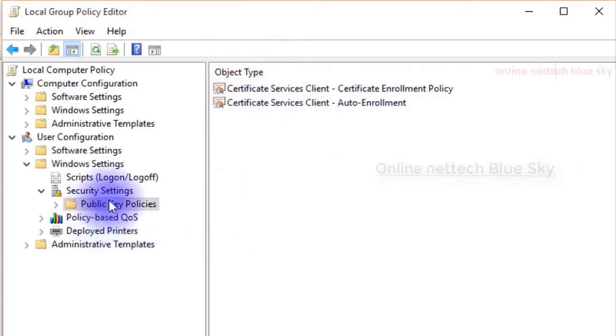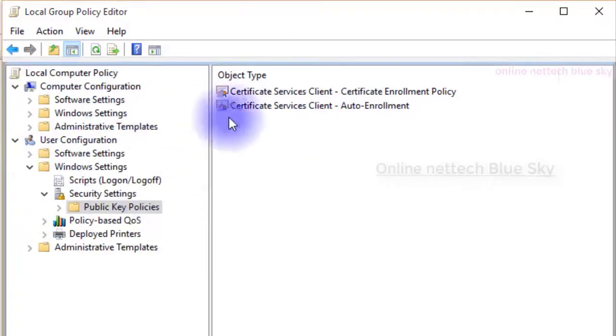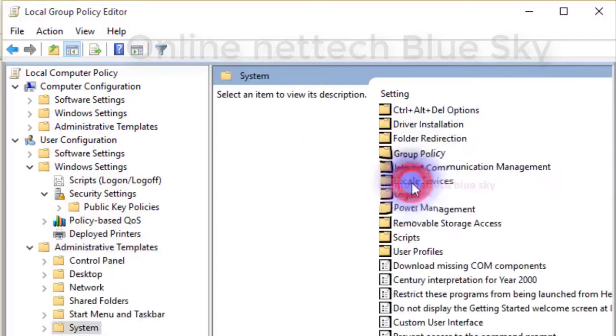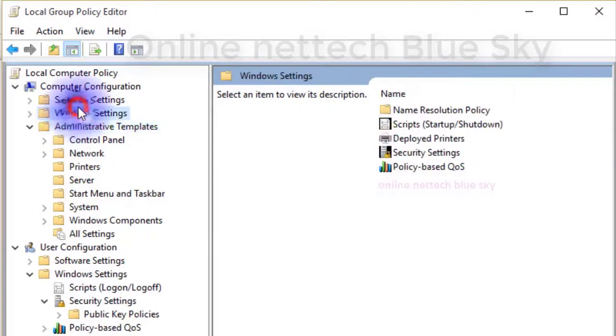I will discuss all of these Windows policies and options, and why we use policies, in a policy series on my channel. So you can see here administrative templates and system, and different types of policies are available in your computer, and this is a very important system.